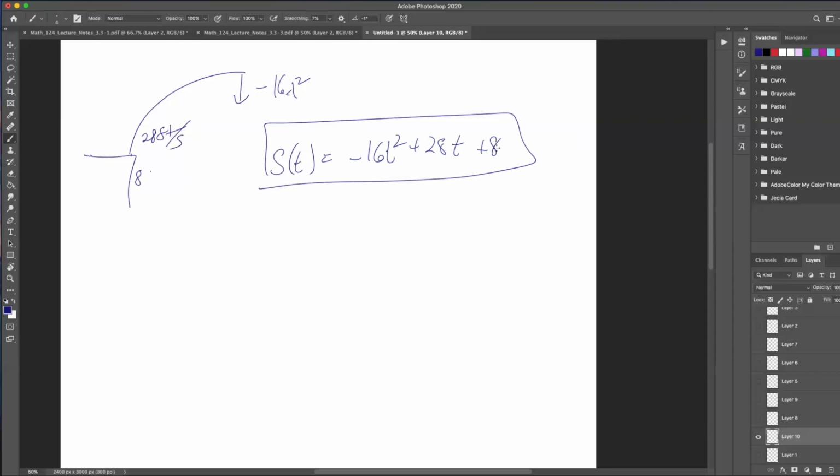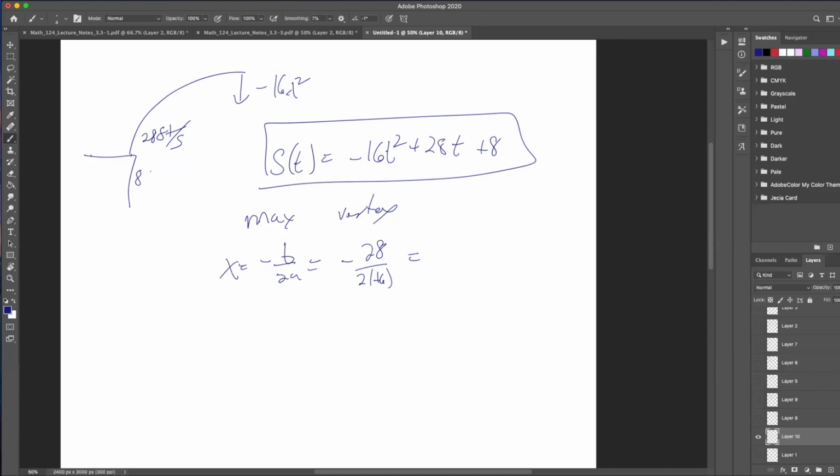If I want to find the maximum for this, what do I want? Well, if I want to find a max, that means find the vertex, right? I want to find the vertex of this thing. So x is equal to minus b over 2a. In this case, b is 28, so minus 28 over 2 times minus 16. And so if I crunch that through,